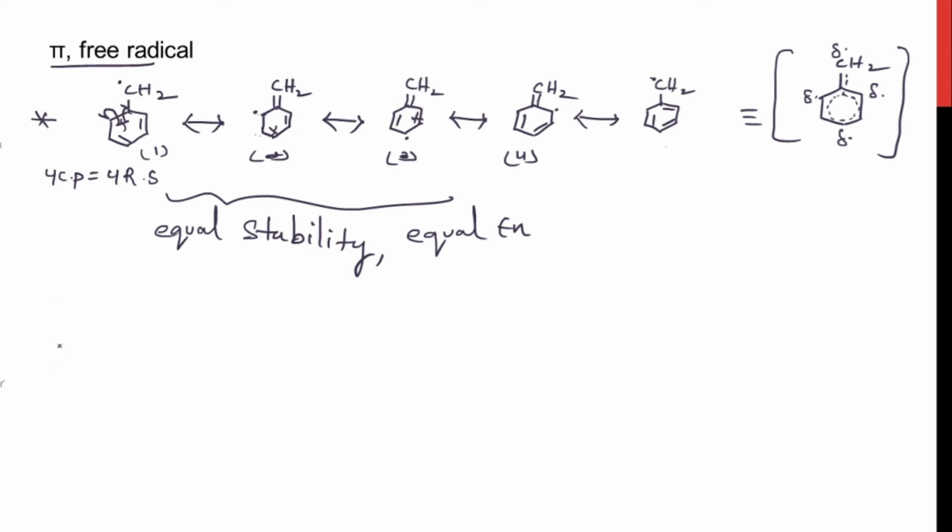I'll give one example for homework. Okay, I'll give a very simple one. You can try this at home. I will give the answer in our next video. Fine. So this is the example. Take it as homework. Try to do this one and also try to arrange them according to their stability. And I will give the answer in our next video, so you can compare them. And we'll see the next type of conjugation.